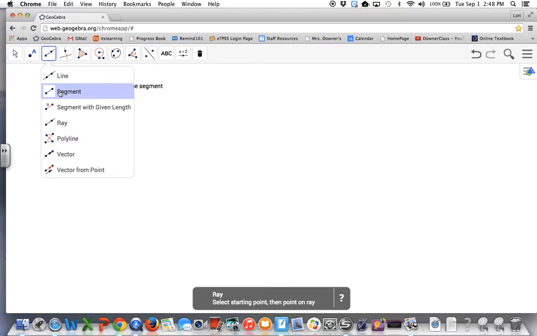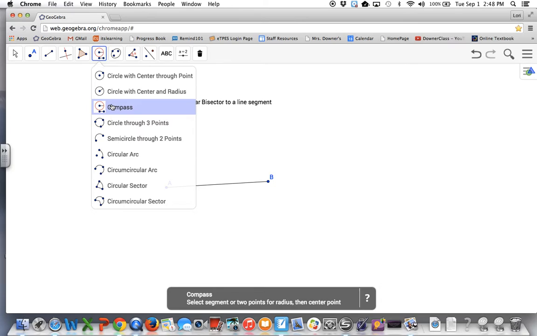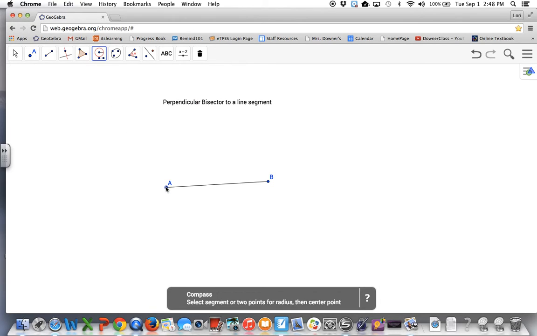So we first have to start off with a segment. And it doesn't matter how long it is. We start off with a segment, and then what we're going to do is construct. So we go to circle, compass. We're going to construct a circle that's centered at A, and then